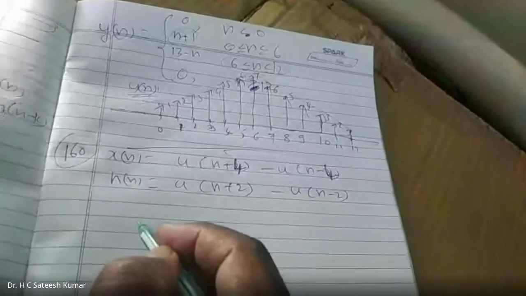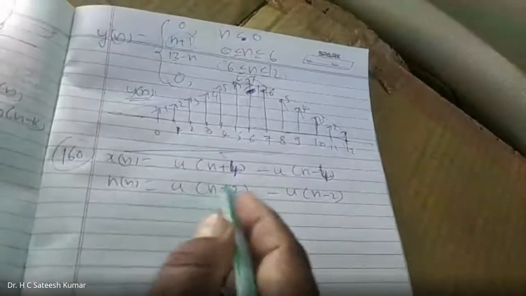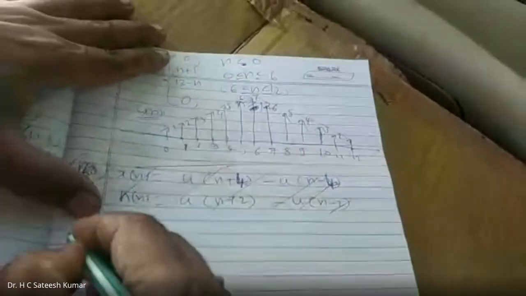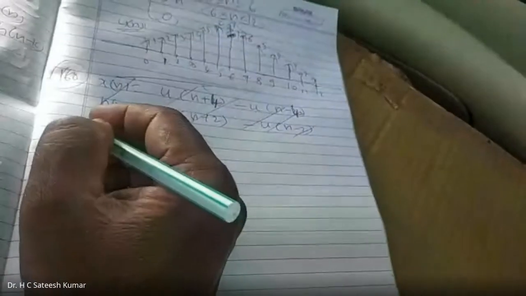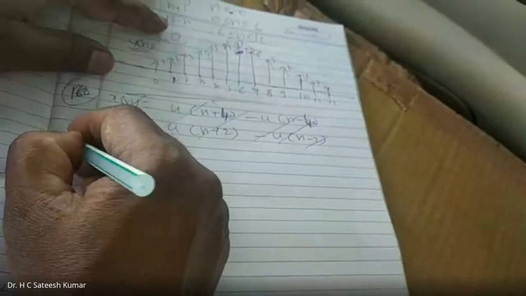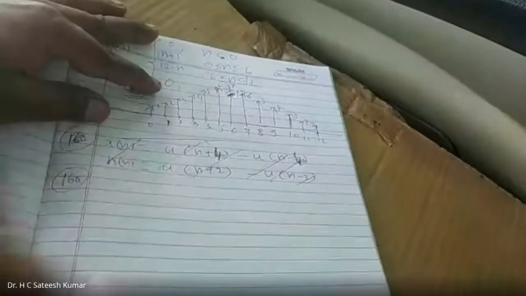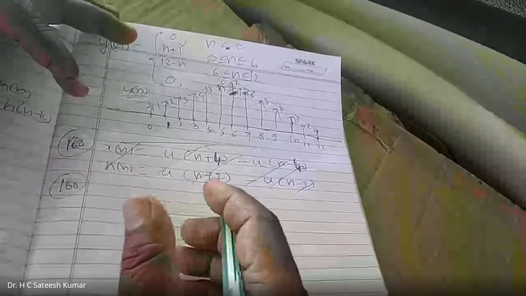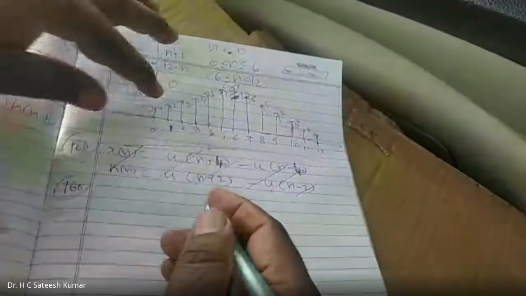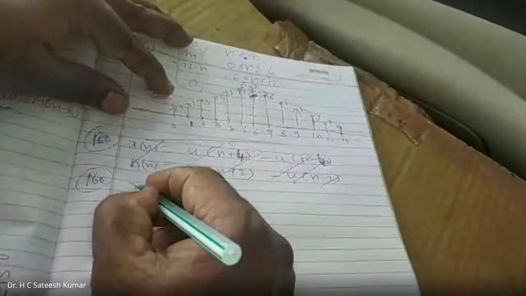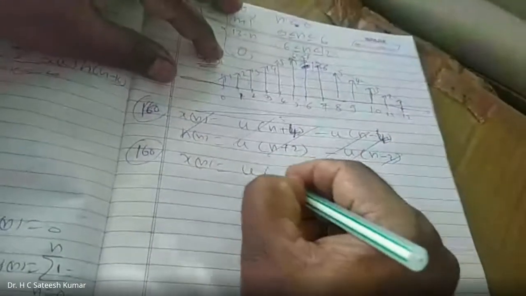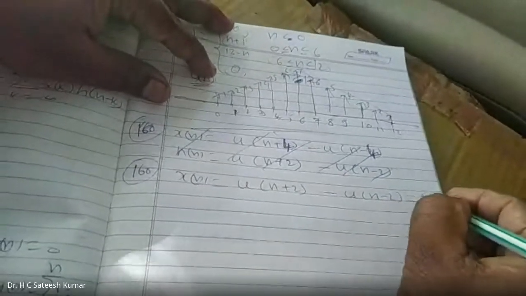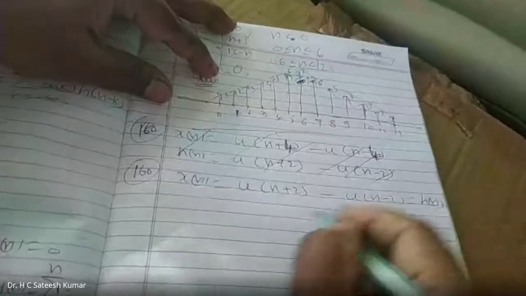Once again. Okay, right. Now, I'll come to this problem later because it became unequal. First, I'll take a simple problem. An equal problem I should take, no? One more example on equal width and finite length it should be. So I'll take x of n equal to u of n plus 2 minus u of n minus 2, which is equal to h of n. Both once again I'll take the same.